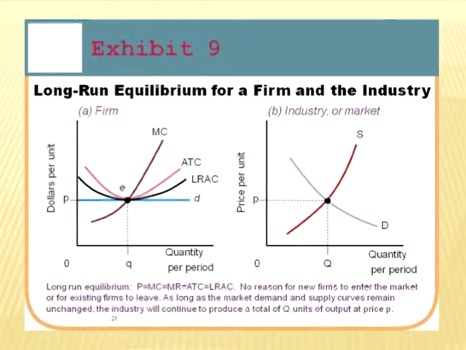Notice that this is also at the bottom of the average total cost curve, which means that given the size of the plant we have, given the size of operation we have, there's no way we can make this product any cheaper than what we're currently doing. Notice it also means that we're at the bottom of the long-run average cost curve, which means there's no better size plant than this. So from society's standpoint, this is the best of all possible worlds.